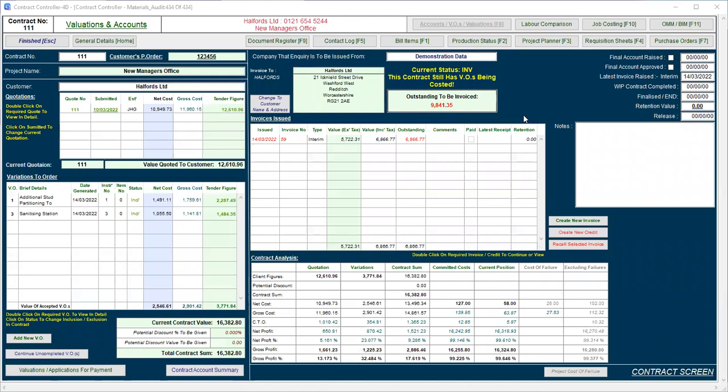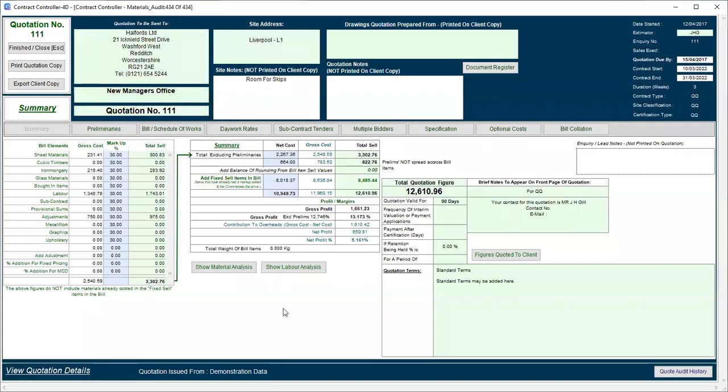This is the new account screen, which we'll have a look at in greater detail in a moment. But if I just double click on a quotation we've done, we've now got an easier to read summary screen where we can see all the elements, the gross cost and the markup percentage put on. The system will then show us our net cost and our gross cost if we're using the gross cost to